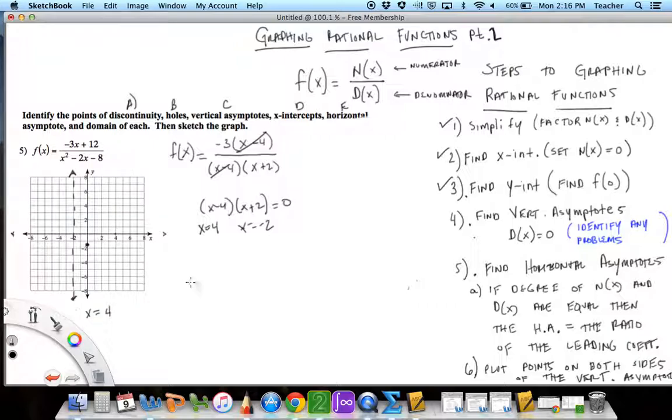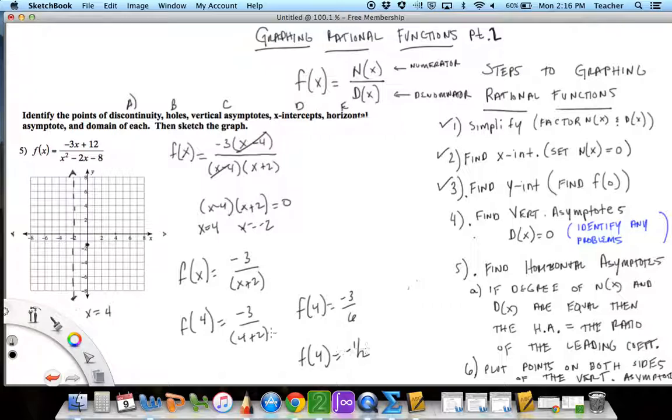Where does the hole exist? In this case, I'm going to plug 4 into my simplified function. In this case, it is -3 over x plus 2 on the bottom. I've crossed out the x minus 4s. So now I'm going to plug 4 into this function to see where this hole exists, and in this case it exists at -3/6,